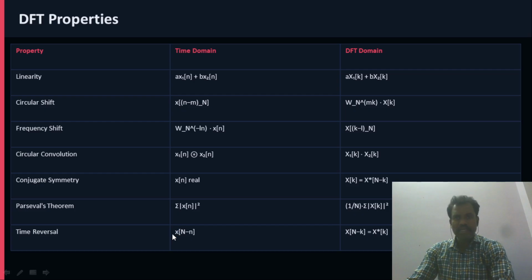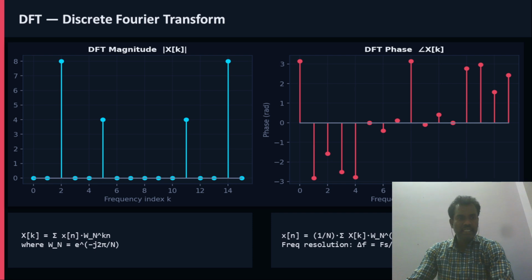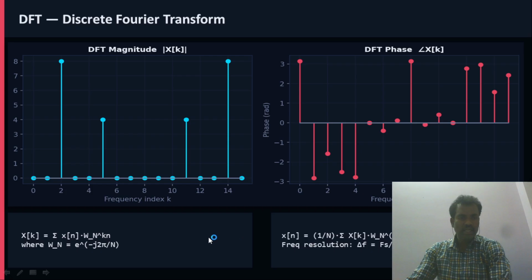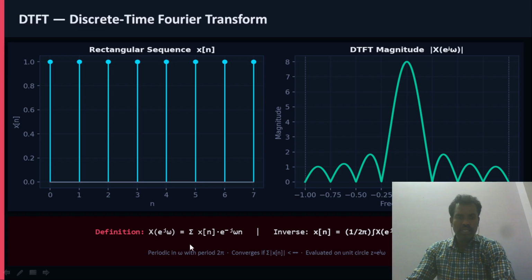Omega N is nothing but e power minus j 2 pi by N. In e power minus j omega, omega is replaced with 2 pi by N. This e power minus j 2 pi by N is indicated with W subscript N,